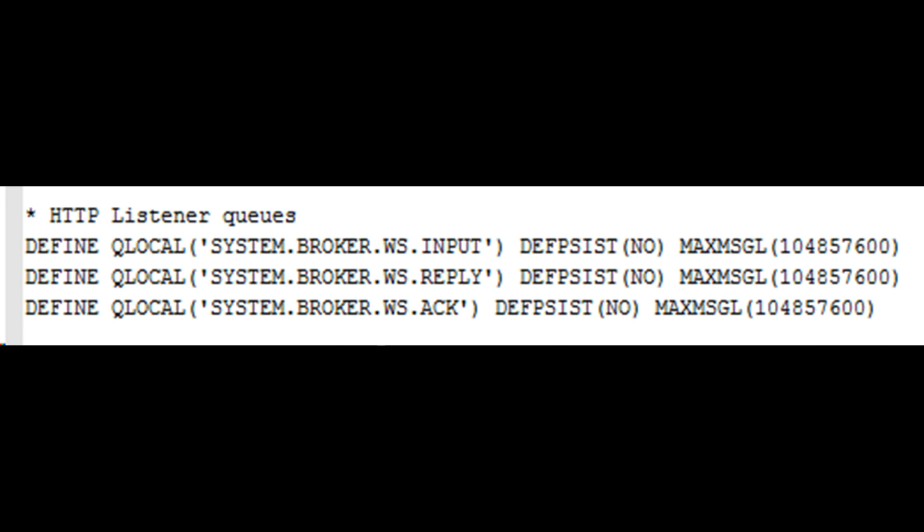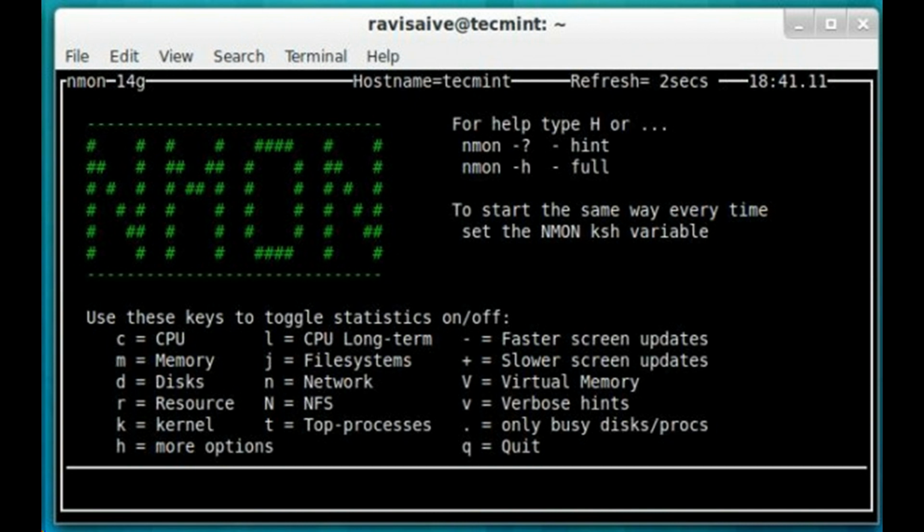Okay. Any other production things that we need to discuss, like any issues that you faced in production? Memory utilization might go high, CPU utilization might go high, and these things you will have to keep an eye on. What are the reasons? If you are proactive, you can study the behavior of your application and broker and make some educated guess.